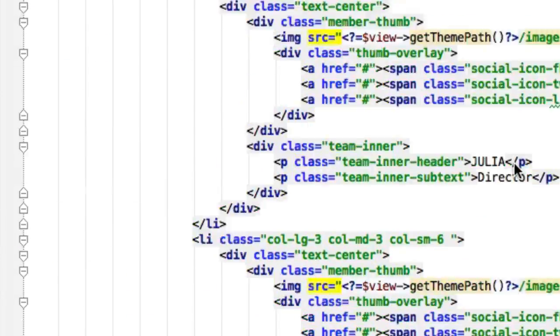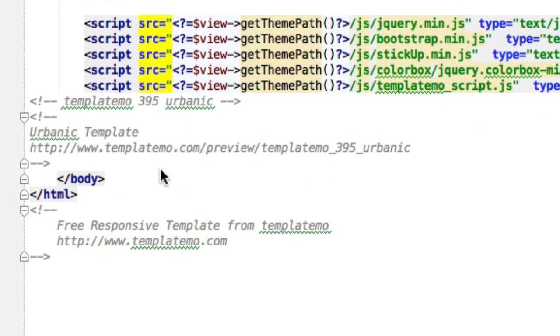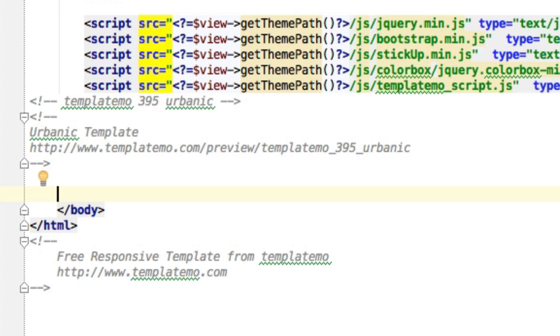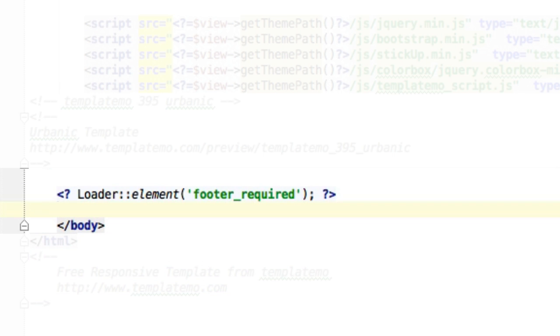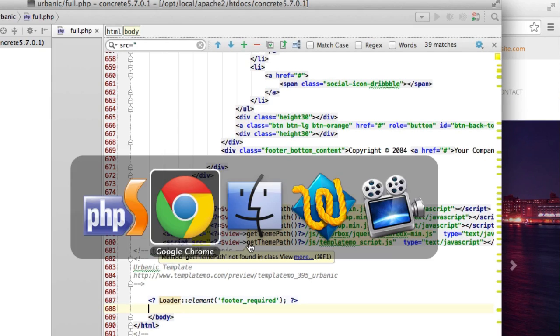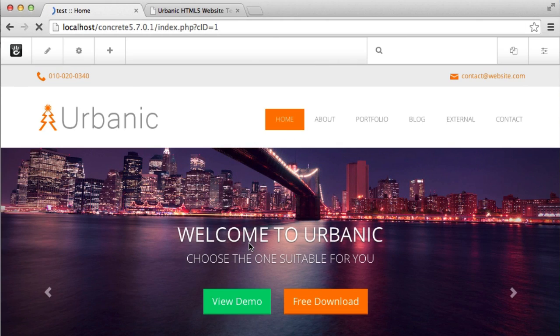Next, we want to scroll down the page all the way to the very end, and right before the closing body tag, we include footer required. This gets included right before the closing body tag. It's where tracking codes can be placed. It allows us to automatically output JavaScript right before the closing body tag, and it is also necessary for concrete5. So let's head back to the page, refresh it, and you can see we have our toolbar,